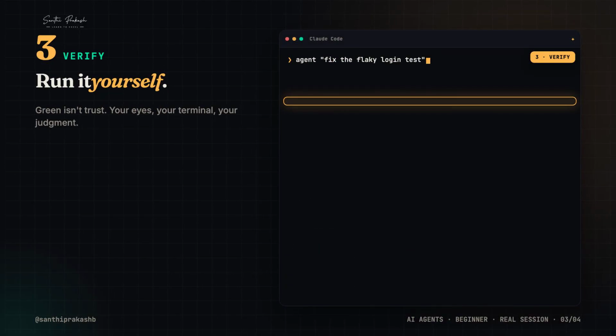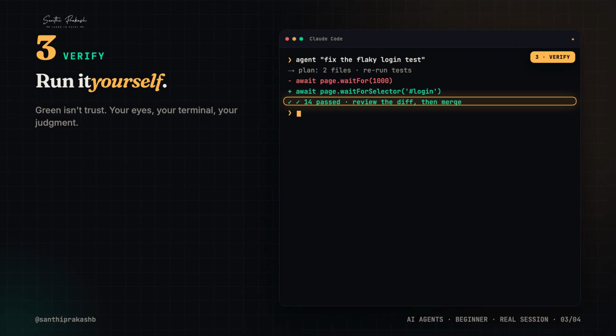Rule 3: verify. Run it yourself. The agent says the tests are green. You run them anyway. You click the thing. You check the edge case. You read the output. This is the verification habit, and it's the difference between delegation and abdication. Delegation is: I set the bar and I check the result. Abdication is: it said it's done, so it's done. One of those builds skill and trust. The other builds surprises. Free tools can do all of this today, so there's no excuse to skip the safety